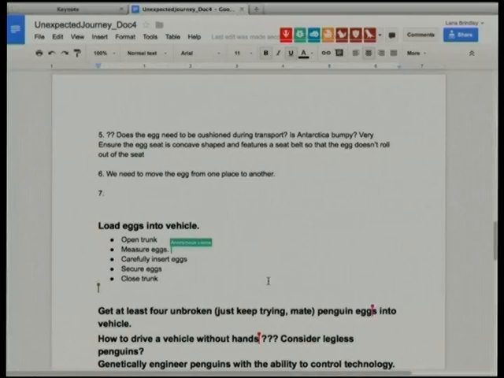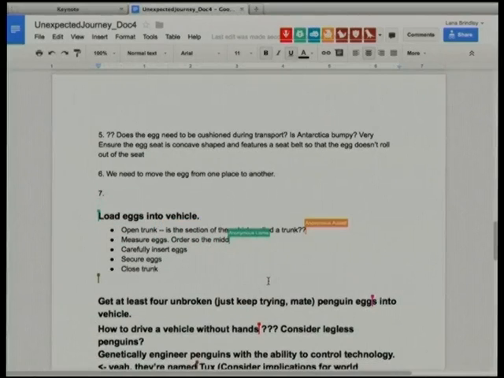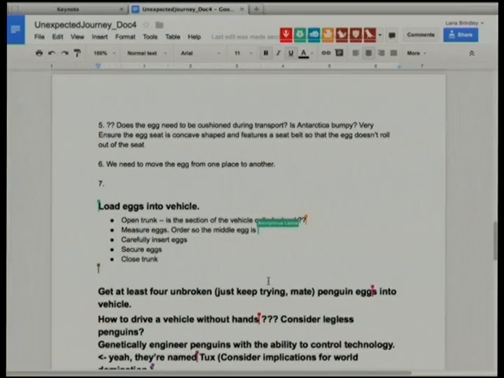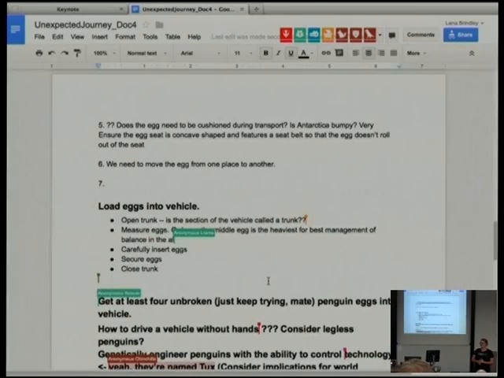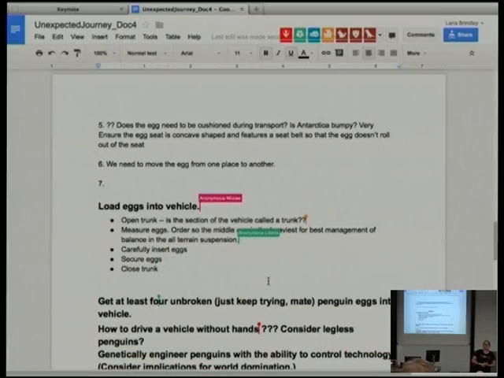I don't even know where to go. Who wrote about the legless penguins? I'm sorry. My aim's bad. I've got another whole box here yet, so keep going, guys. Is Antarctica bumpy? I believe Antarctica would be very bumpy. Who wrote that? Own up. Okay, fair call from someone who's been there. Who wrote Is Antarctica bumpy? No one's going to own up to that one. Oh, we've got genetically engineered penguins too. Should I be scrolling? Is there more to this that I'm missing?